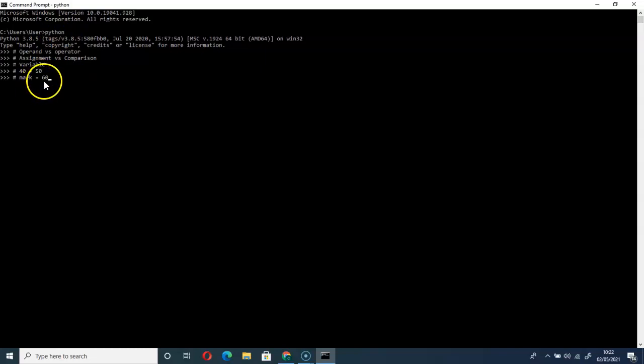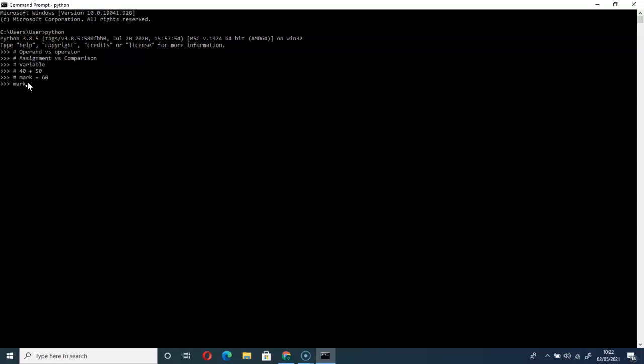Mark is equal to 60. It means that we are assigning value 60 to the variable mark. And remember, in Python, every variable must be defined. Every variable must be defined. What does that mean? You cannot just write, okay, let's say